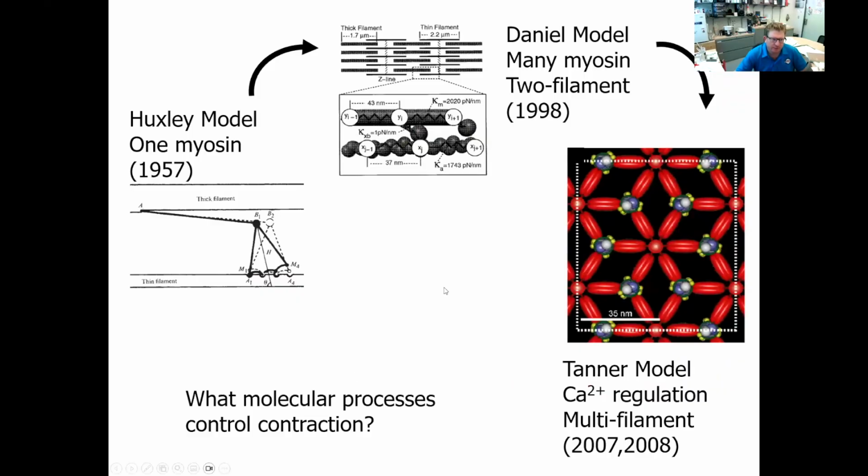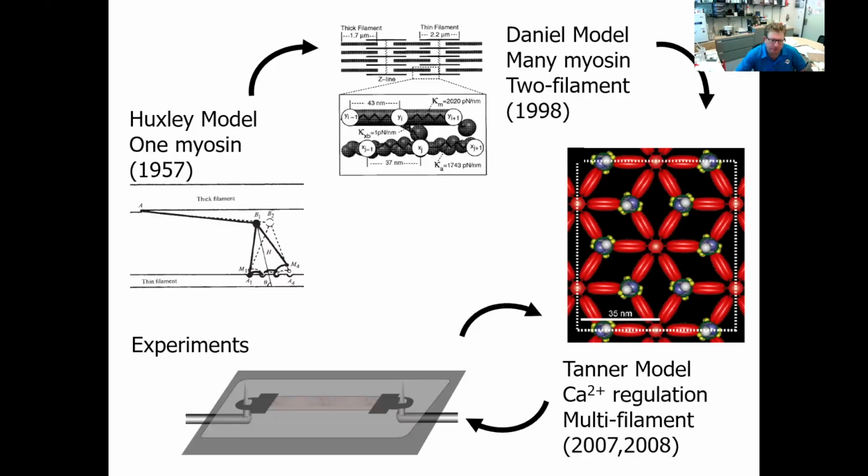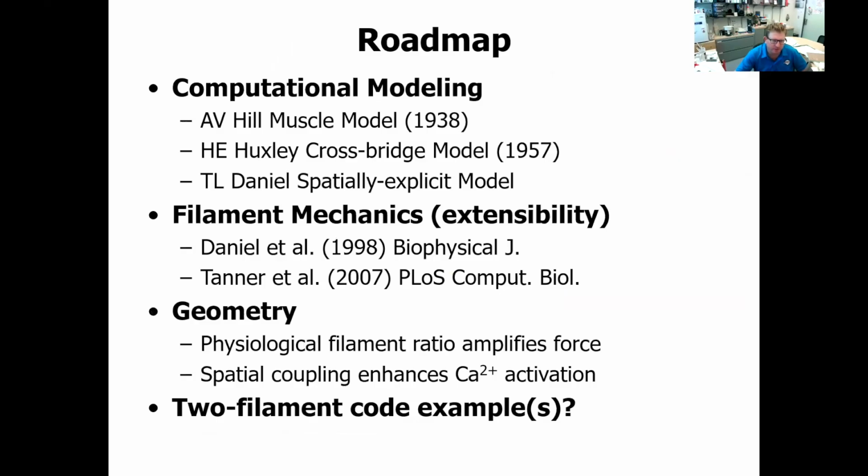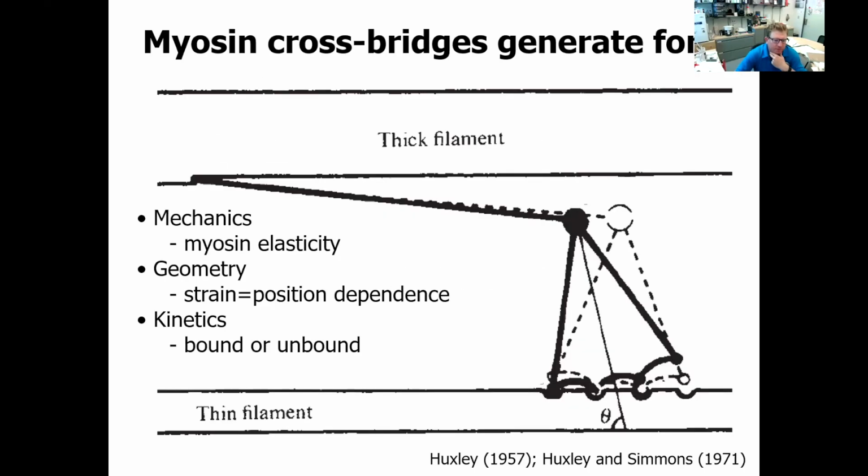And so, as I mentioned, we're scaling up from this Huxley model for one myosin to this two filament model, and then trying to look at what some of the implications of multiple filaments might be. We always try to do the best we can to use some of the literature values or our own experiments to describe and predict what's going on, comparing the model predictions versus the actual measurements to validate the model. A couple of examples here we'll go over in the next few minutes, and then we'll maybe get to running some code as well. Okay, so